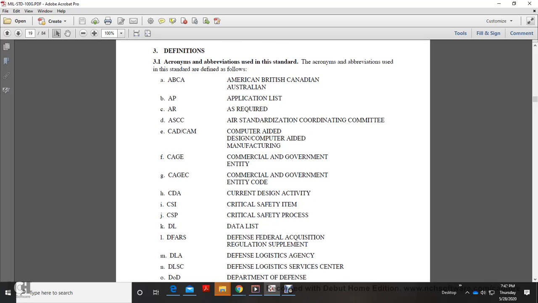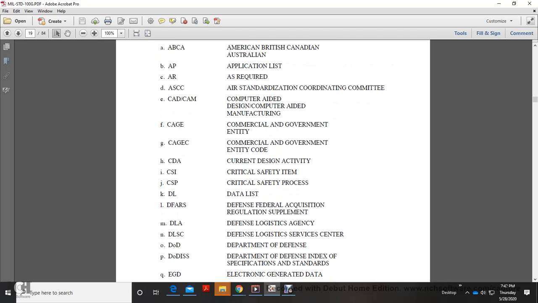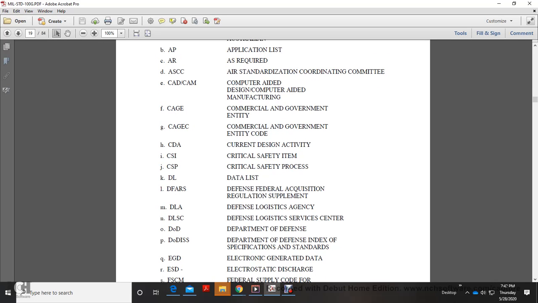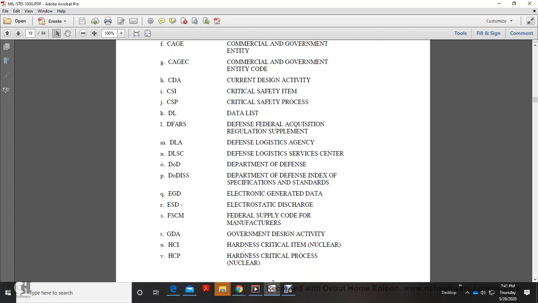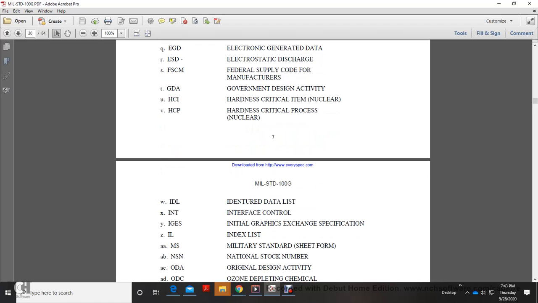Defense Federal Acquisition Regulation Supplement; DLA, Defense Logistics Agency; DLSC, Defense Logistics Services Center; DoD, Department of Defense; DODISS, Index of Specifications and Standards; EGD, Electronic Generated Data; ESD, Electrostatic Discharge; FSCM, Federal Supply Code for Manufacturer; GDA, Government Design Activity; HCI, Hardness Critical Item Nuclear; HCP, Hardness Critical Process Nuclear; IDL, Indentured Data List; ICD, Interface Control; IGES, Initial Graphics Exchange Specification; IL, Index List; MS, Military Standard Sheet Form;